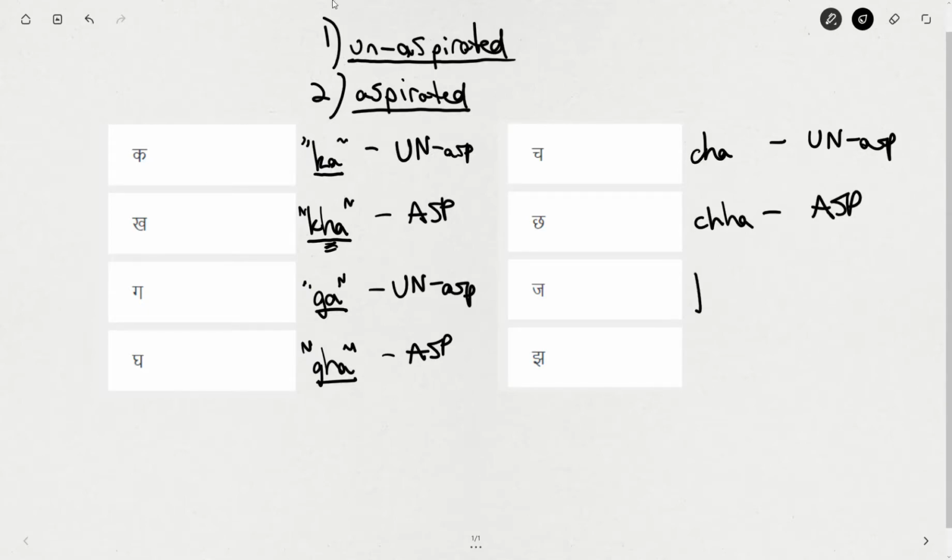And finally we have ja and jha. So just to do one final run through, we have ka, kha, ga, gha,